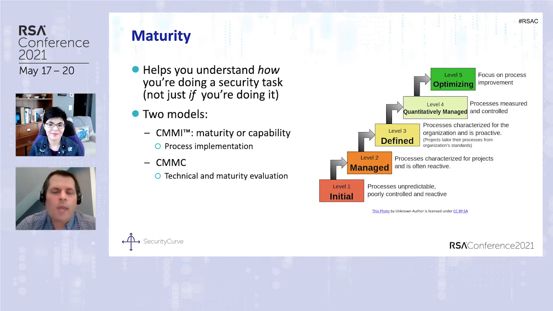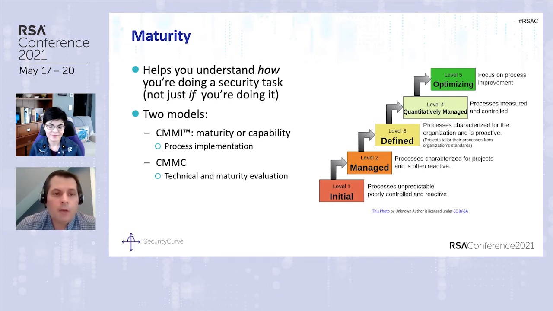So think about something like spam filtering, right? There are 2 ways that you could do this. One way would be that you implement a spam filtering tool. Another way would be that you could hire a legion of people to actually read emails as they're coming in and sort them into spam versus non-spam, right? Now, the manual approach and the automated approach, while they do the same thing, have very different characteristics. So maturity refers to the maturity of the processes, the process implementation supporting it.